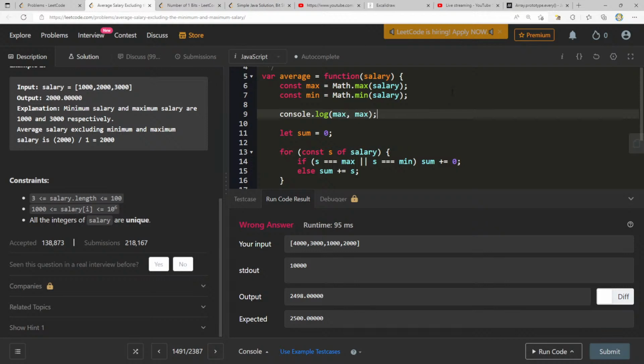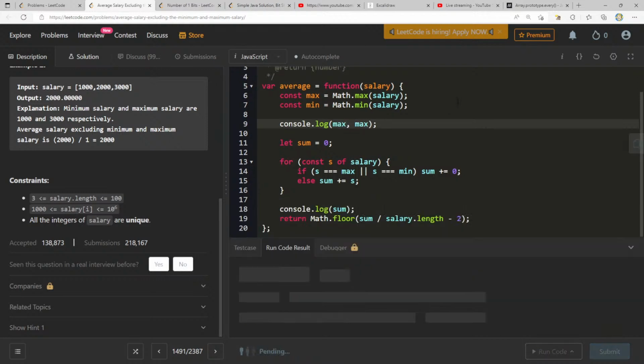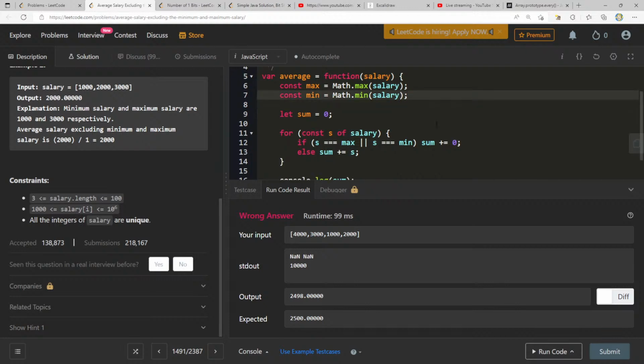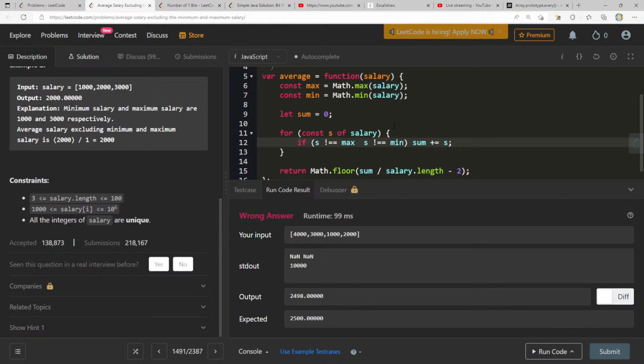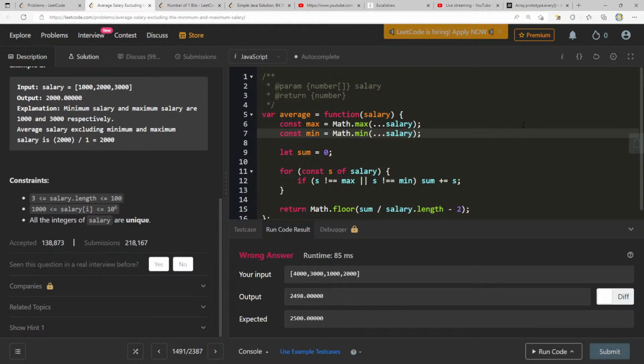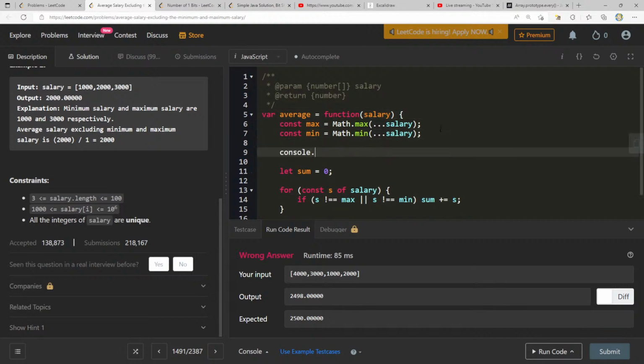Could have sworn, oh, you know what I might have to do? I don't know if I can just pass an array. It has to be a comma separated list, no? Obviously. All right, I think I was going crazy. I know why. This has to be a comma separated list. So we need to spread the elements of these arrays into those functions. Console.log max and min.